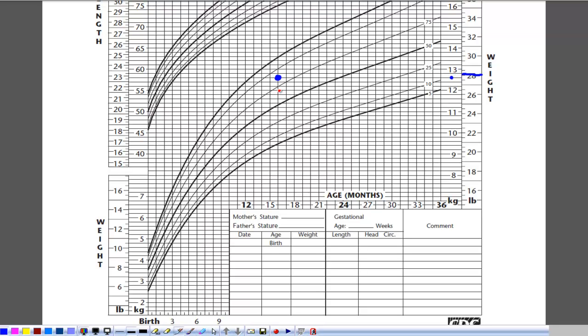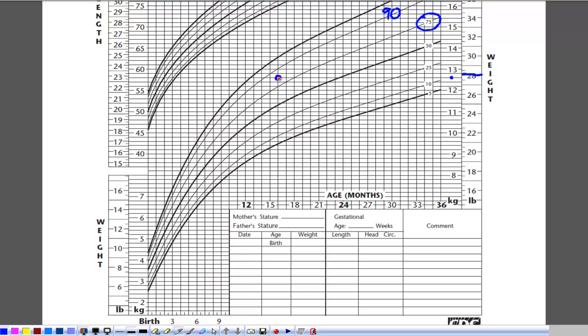Okay, so that's just the raw data, and they measure that. You don't need a chart to tell you that. What the chart does tell you is how the boy's height compares to others of the same age, and that's what these curves are about. Notice that we're between these two curves, and this curve here that we're just above is 75, and it turns out that this curve, it's off the screen so you can't see it, but the curve above it's the 90 curve. So for this age, for a 16-month-old boy,